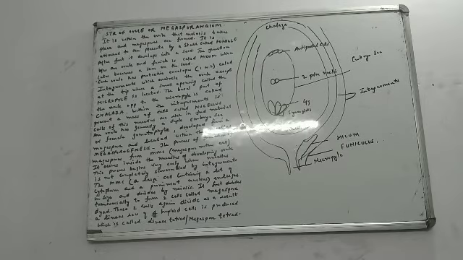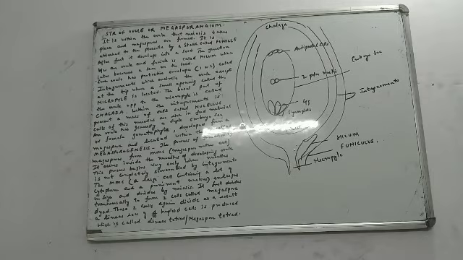Let's talk about the MMC, that is the megaspore mother cell. This megaspore mother cell is a special cell. It is a very large cell. It contains a lot of cytoplasm and a prominent nucleus. Slowly this MMC enlarges in size. Its size keeps on growing. And finally, it divides by meiosis.